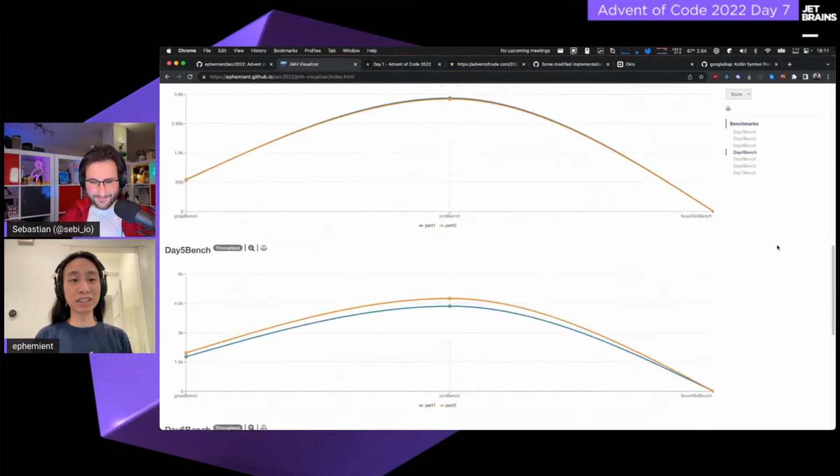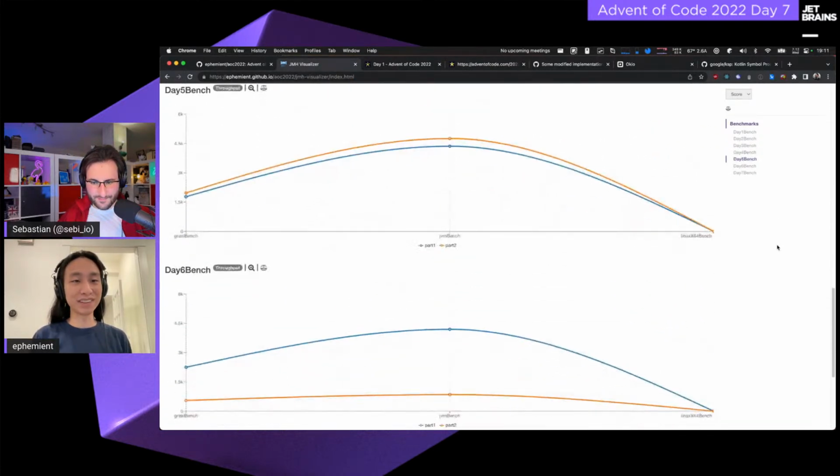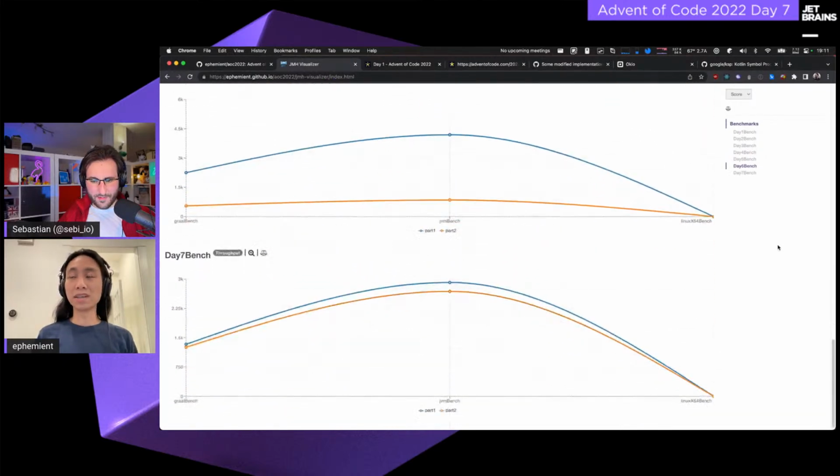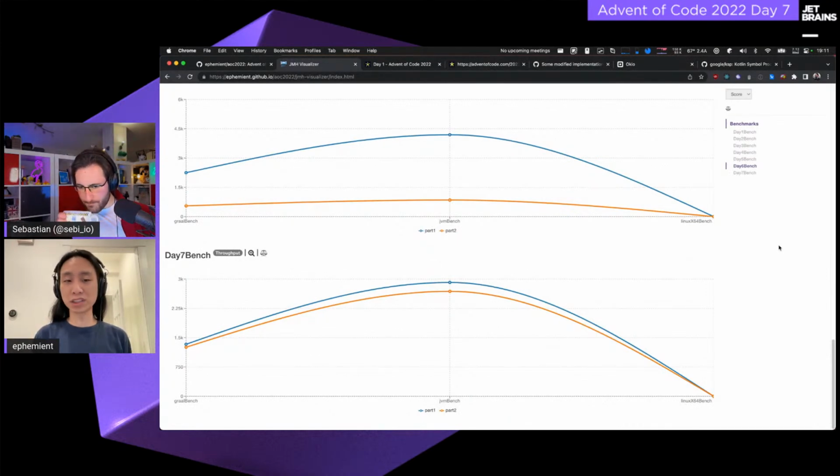So it is basically the ideal case for the JVM. Understood. Okay. Right. So Graal VM native image is, in theory, able to do as well. It's just not there yet. And Kotlin native should also be able to do better. It's just not there yet.